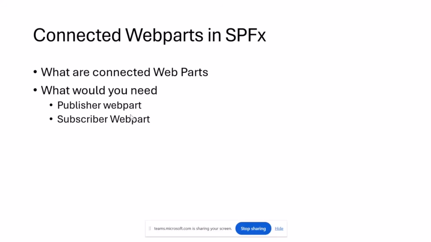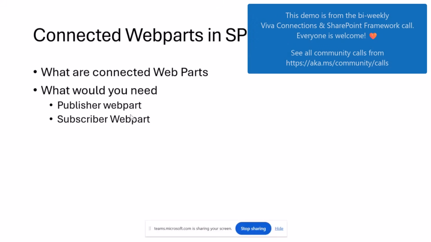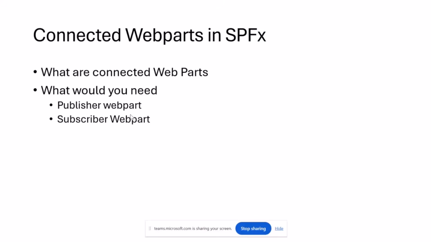Today, we are going to talk a little bit about how we can build connected web parts using SPFx. If you have two web parts that talk to each other on the page, how would we go about building them? And I'll present a little demo as well. So if I open my slides here,